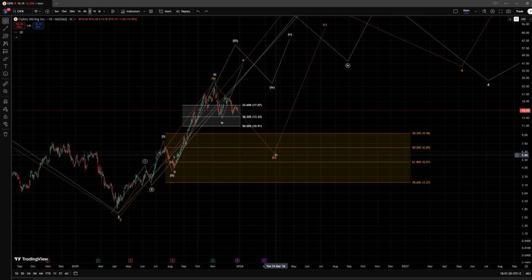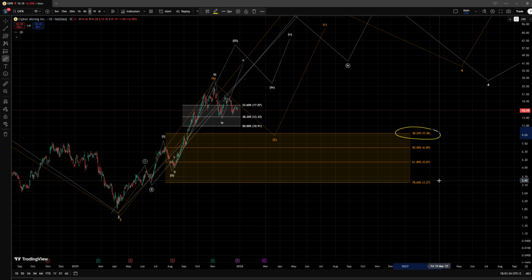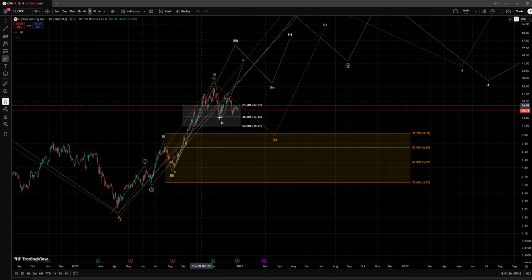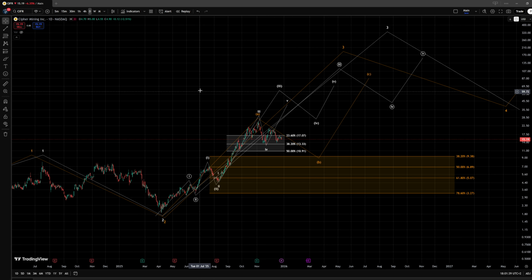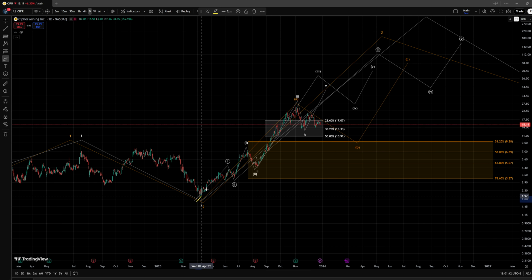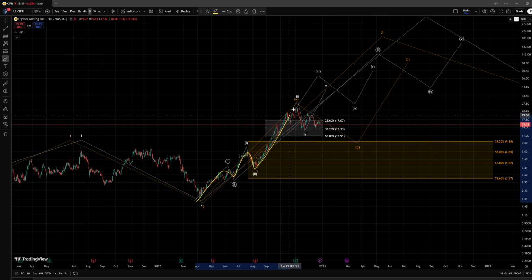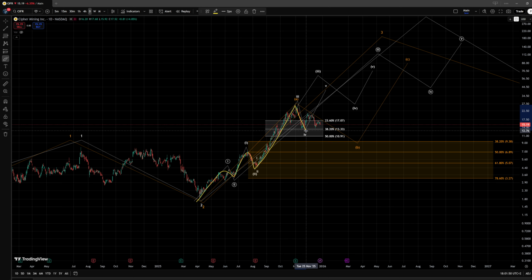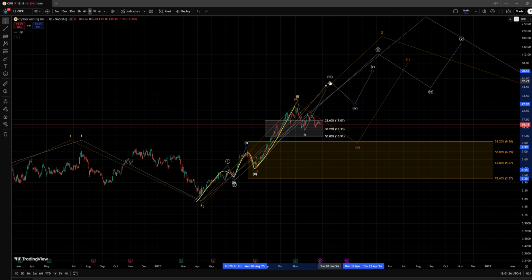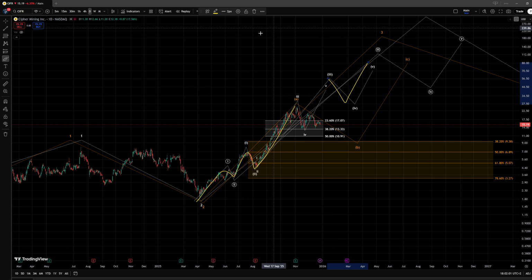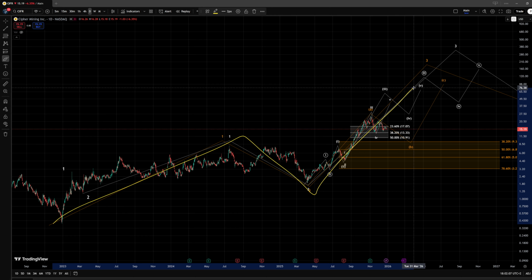In that case, we have the larger wave B correction expected to get into the area of support between the $9.4 all the way down to the $3.3 level. And then in the impulse interpretation of this structure, I am tracking a double 1-2-1-2 setup and a third wave that has formed a more significant top, and then we are looking at a wave 4 correction to be followed by a fifth wave to complete an even larger wave 3. This wave 3 would be completed by another high in a fifth wave, and then we would expect a fourth and a fifth, after which we could technically have a larger ABC structure complete.